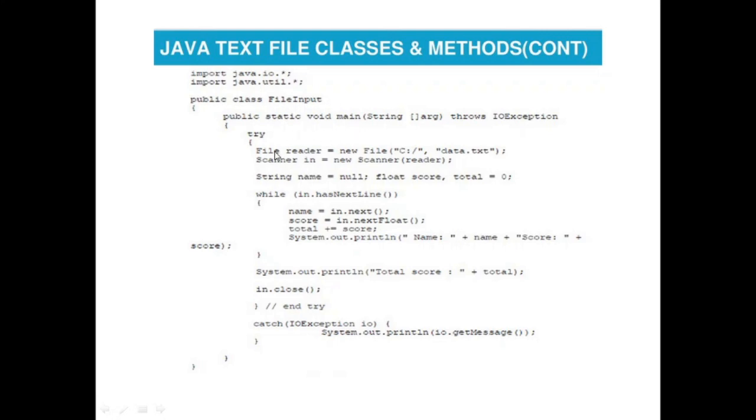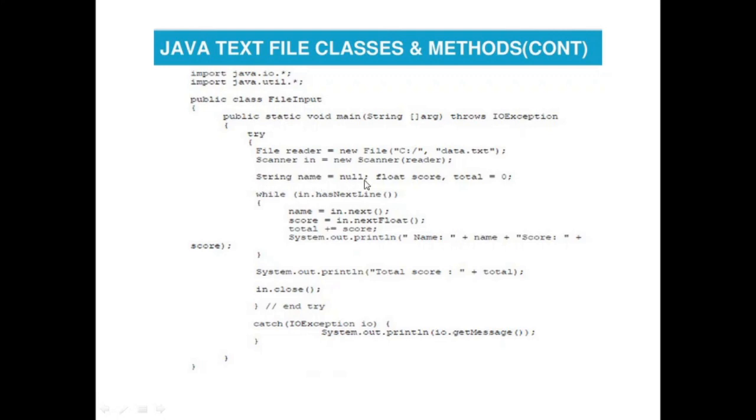So what we are doing is, first of all, in the main method of this class, FileInput, I am keeping the whole code in a try catch block. Okay, I have not told you what is a try catch block. This is in fact a strategy that is used for exception handling. I'll take this topic in our later lectures, but for now just think that whatever is inside try is going to be executed without error. Okay, FileReader is equal to new File, you are passing a file inside it. Then Scanner in is equal to new Scanner(reader). Okay, this Scanner class is taking as a constructor an object of file type, that is reader is passed inside it. Then String name is equal to null.